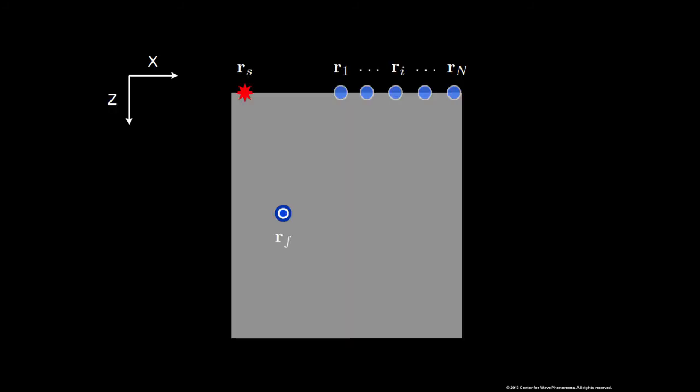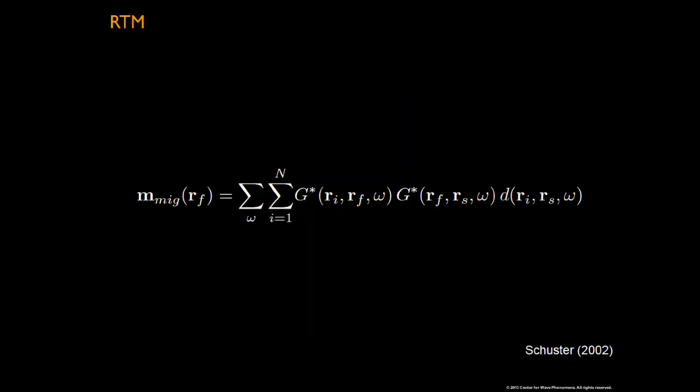And finally, I would like to talk very briefly about the possible applications of this method in imaging. Let's have a look at a single shot experiment. Here I have a shot at RS on the surface, a bunch of receivers at RI, and an imaging target at RF. Now, reverse time migration computes the value of the image at RF by forward propagating the source wave field, back propagating the receiver wave field, and applying an imaging condition, for example, a cross correlation. Schuster